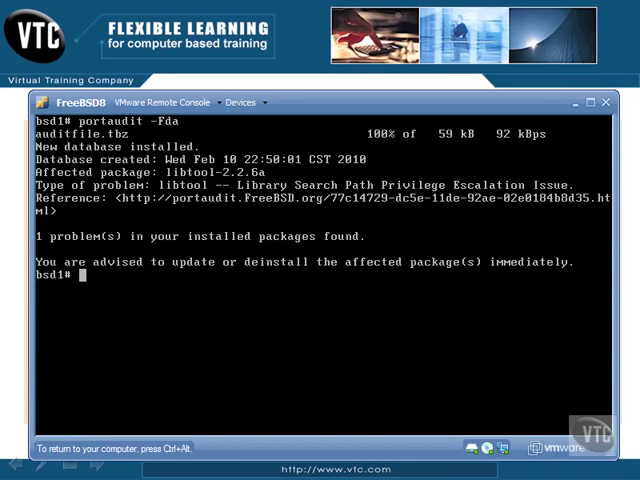So basically they're advising you to update or deinstall the affected packages immediately if you like, but I would recommend that when you see a problem like this, you actually go and read the details first, because sometimes upgrading them or deinstalling them may cause your system to become unstable, or you may read the advisory and determine that you don't need to update or reinstall. So I would recommend that you do that before you actually go and do an update or an uninstall